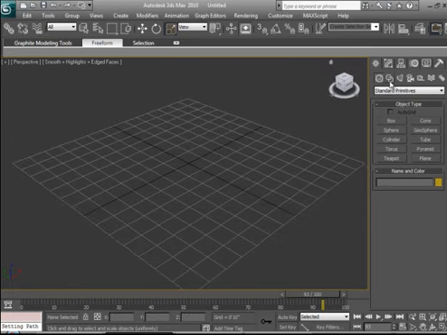Alright, basically how I did that was box modeling, and that's how a lot of things are modeled. Even that dragon I showed y'all in my last video, I did that using box modeling, and all it is is extruding and beveling and doing various things like making cuts and stuff. I didn't show y'all all that, but